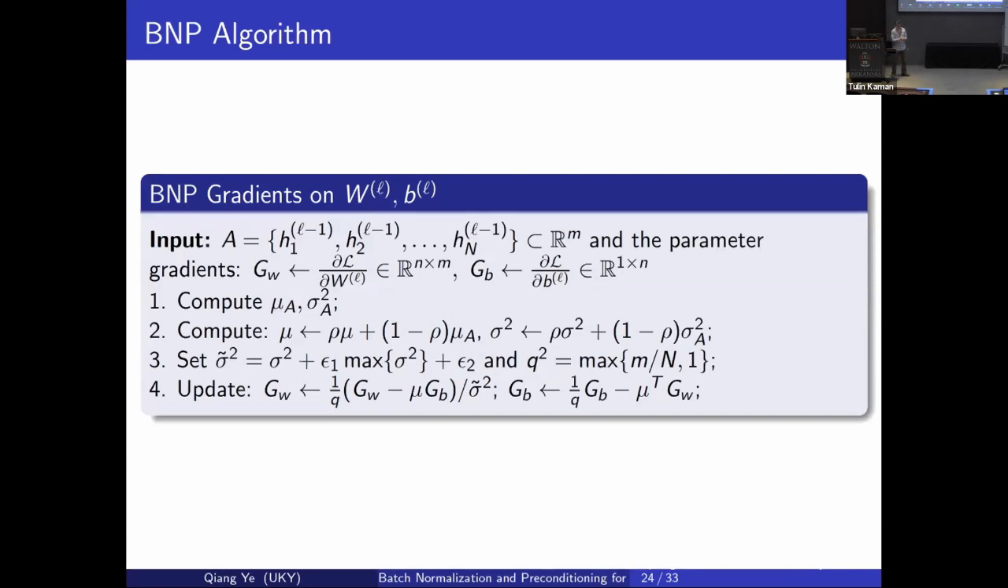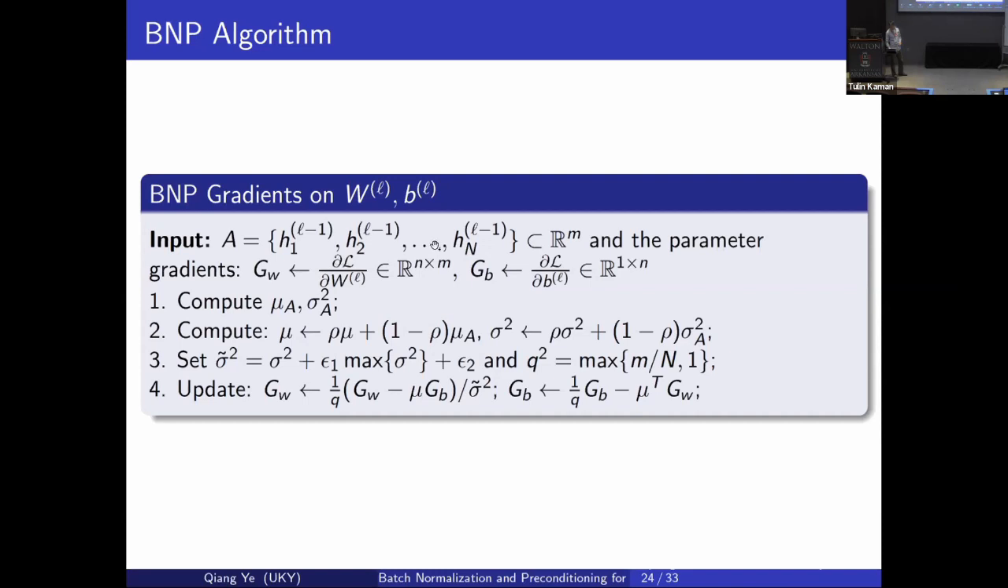So here's an algorithm to implement this. When we do preconditioning, everything stays the same. The only thing different is that we apply the preconditioning transformation on the gradient. That's all. You transform the gradient, and you don't need to do anything else. So all we need to do is transform the gradient like this. At layer L, at the training step,